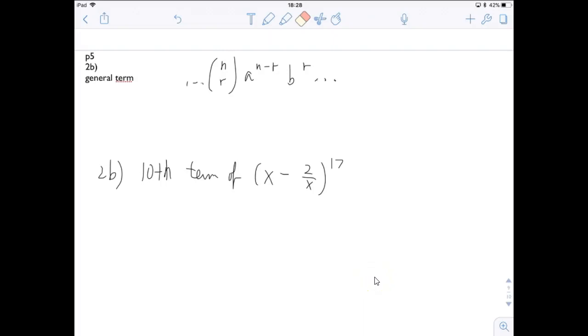This is another slow motion video to go through slowly through one problem. This problem is from page 5. It's 2b. And in this problem, you're going to do it a little bit differently than usual because normally when you do